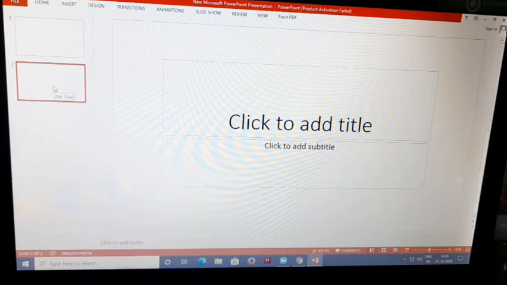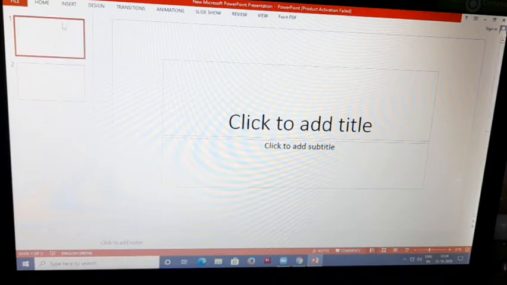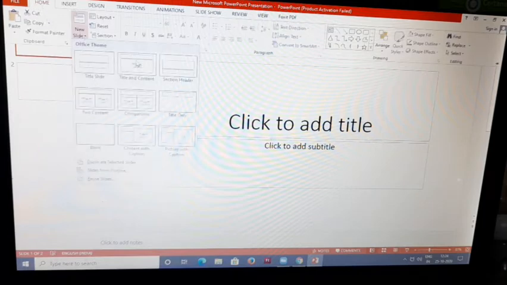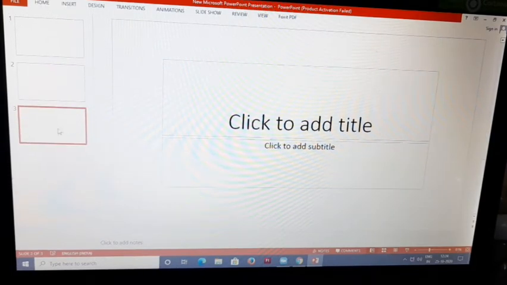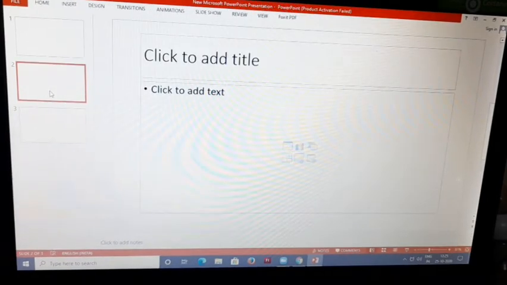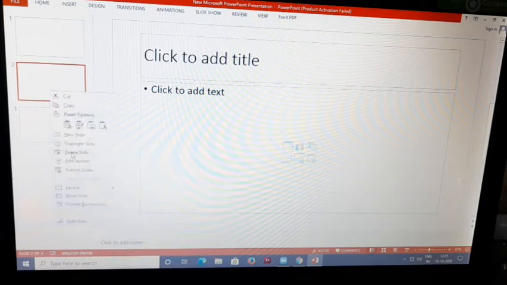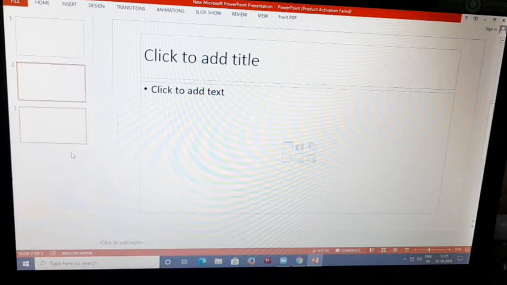Now we need to insert one more slide, suppose after slide 1. To insert one more slide after slide 1, we have to click slide 1 and go to Home and New Slide. Here we can choose like this. And if we want to delete a slide, select the slide you want to delete, right click with the mouse and then Delete. You can see there is a Delete Slide option here. By this you can delete it.